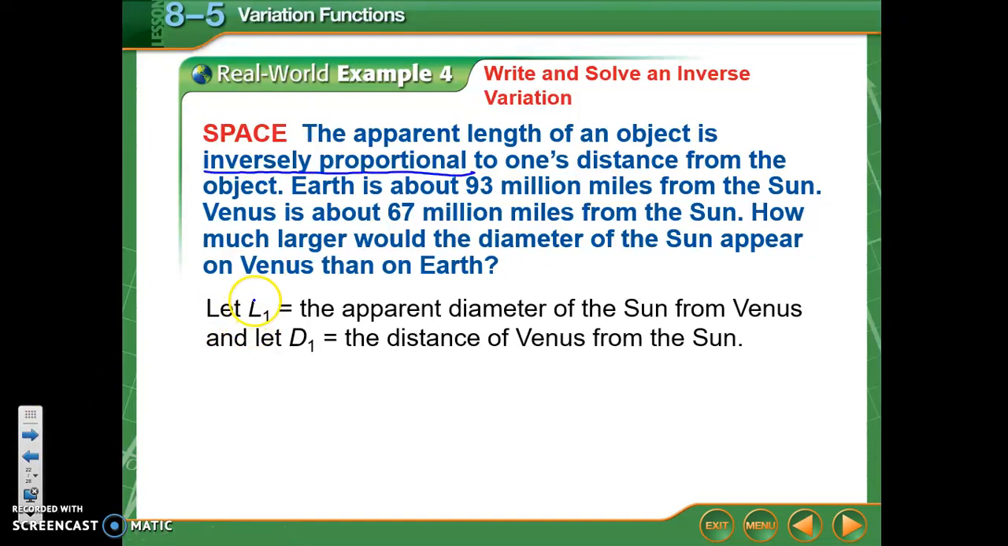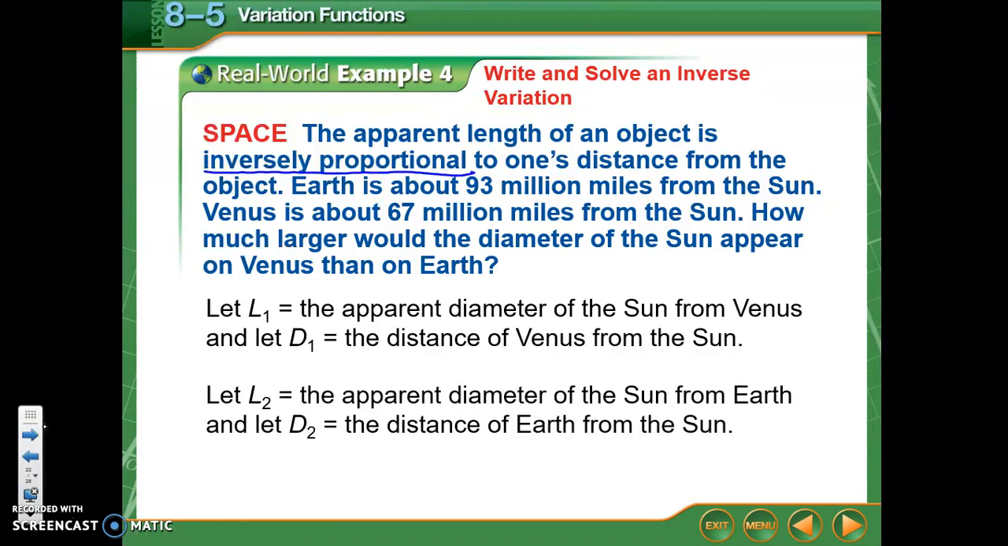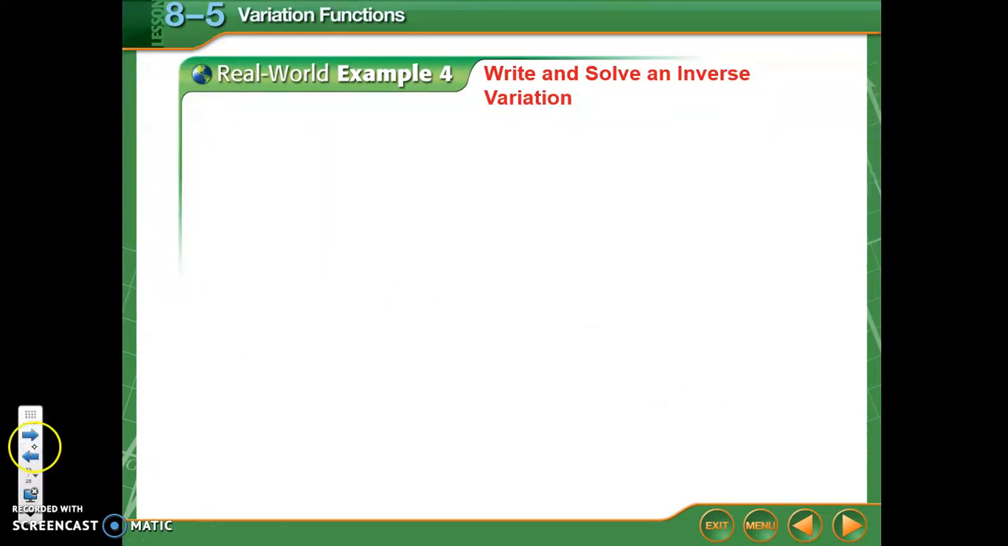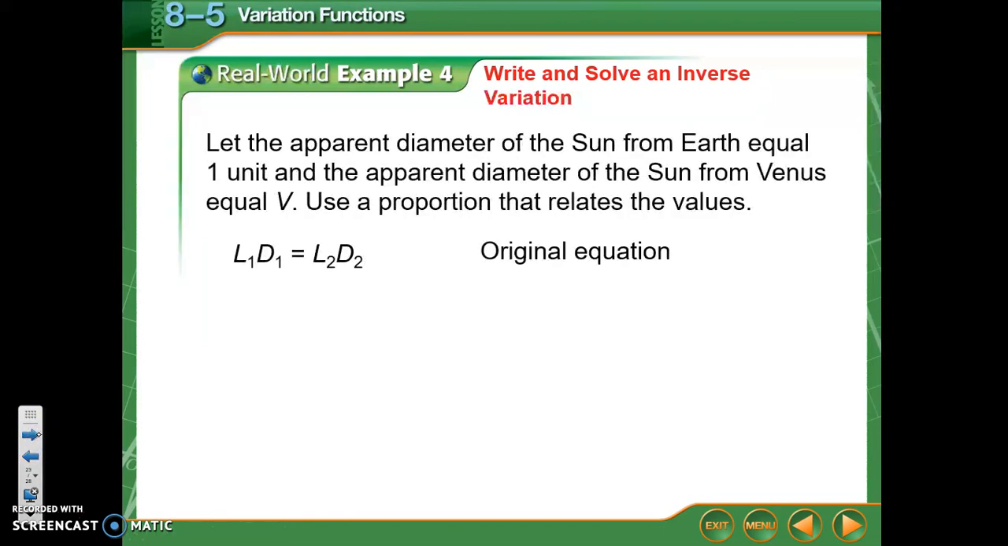So, L1 is going to be the apparent diameter of the sun from Venus, and we'll let D1 be the distance of the sun from Venus, or the distance of Venus from the sun. Then I have to set up variables for the Earth from the sun. So L2 would be the length of the diameter apparently of the sun from the Earth, and D2 will be the distance from the Earth to the sun. Sorry, small technical difficulty. So we're going to let the apparent diameter of the sun from Earth equal 1 unit and the apparent diameter of the sun from Venus equal V. And we're going to relate our values together